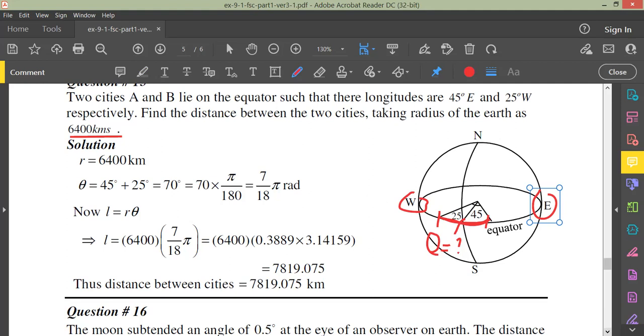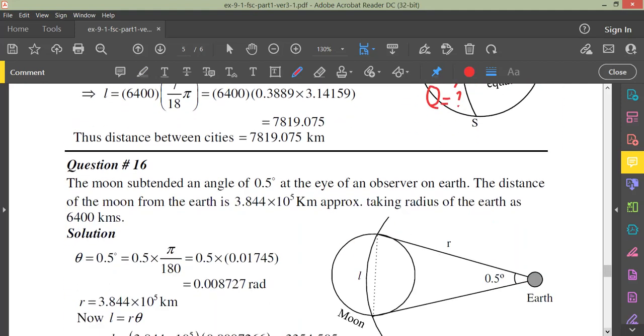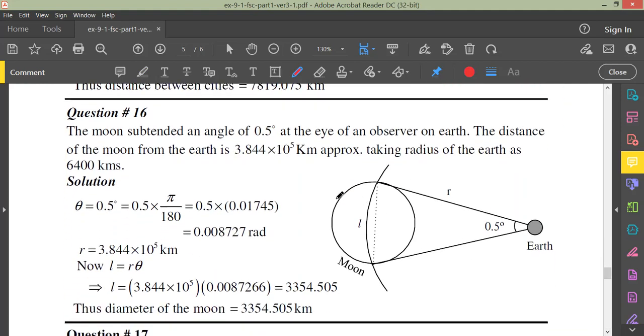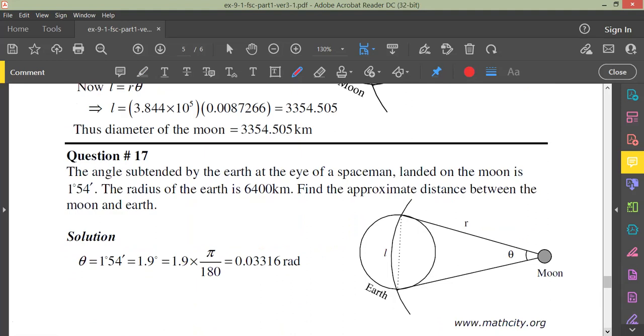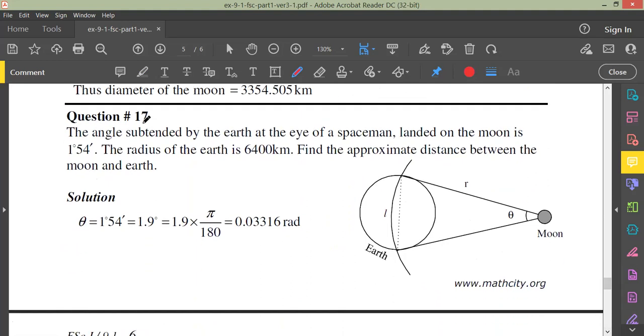Now, second last question is 16. Simple question, as we have discussed earlier, the moon is observed at angle 0.5 degree. We will convert 0.5 degree into radian. At the eye of an observer on the Earth, this is on Earth, this will be the arc. So taking the radius of Earth as 6400, we have to find the value of L. L is equal to R theta. This is a simple question. So our last question is the angle